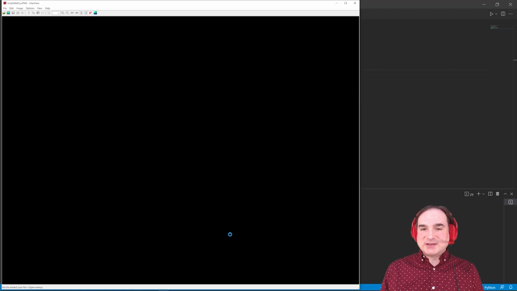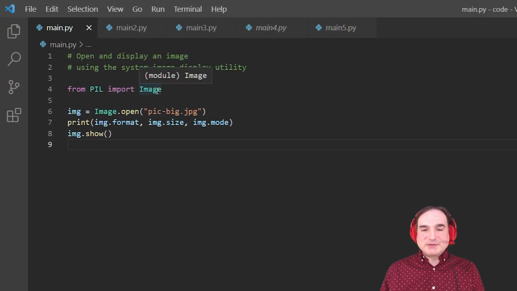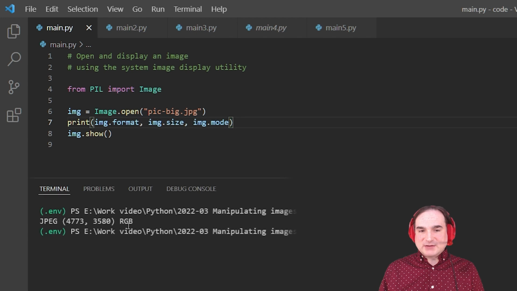One nice thing about Pillow is that we don't have to know any of the technical details about any image format it supports. Encoding and decoding are all handled by Pillow behind the scenes. To work with an image, we use the Image class, and we can use Image.open to read a file from disk. And again, common formats like JPEG are supported natively. And we store the results in a Python object as a bitmap. The object's properties, like format and size, give us useful information about it. Mode tells us what the color information in the file is. In this case, it's RGB.